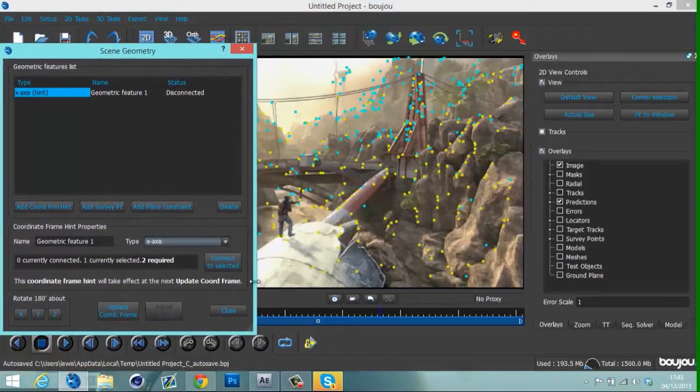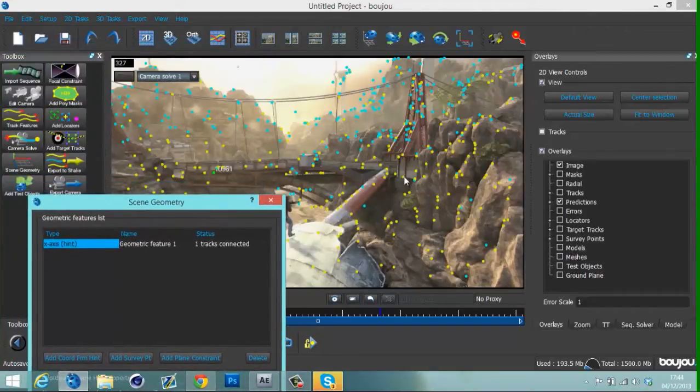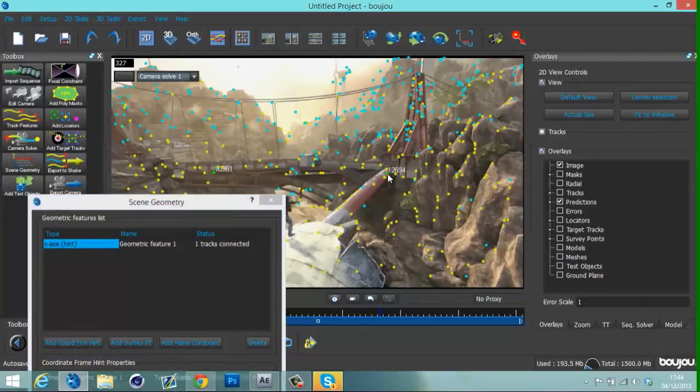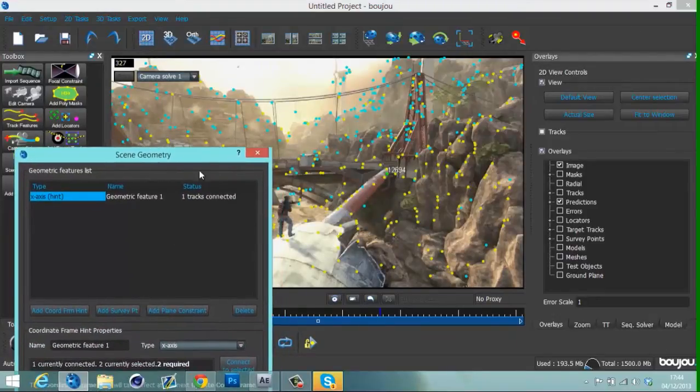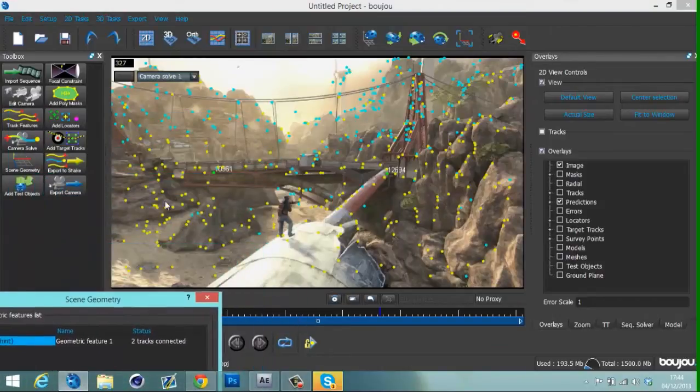And then you go connect to selected. Well, that's only connect selected one, so we need to get the one that we said, which was probably that one. Let's go that one. Connect to selected, and that's now the floor. So we need to deselect those ones